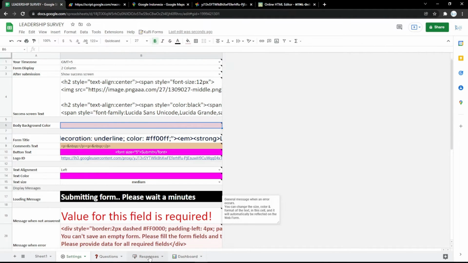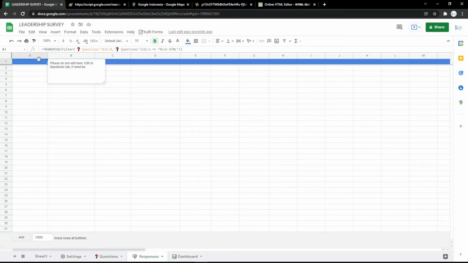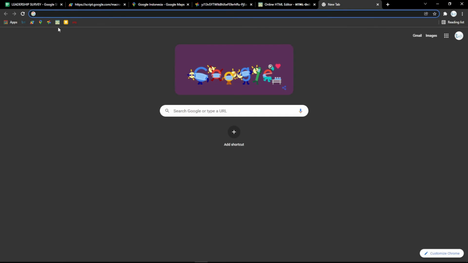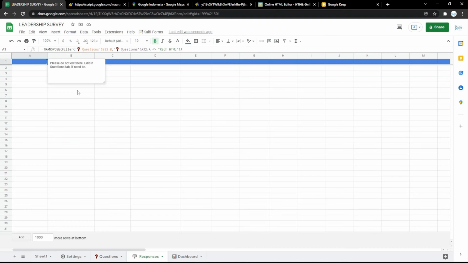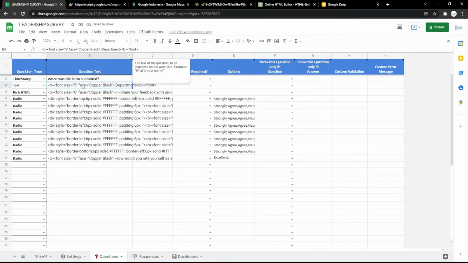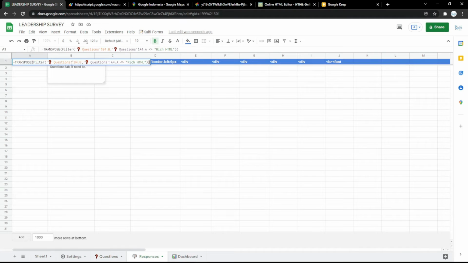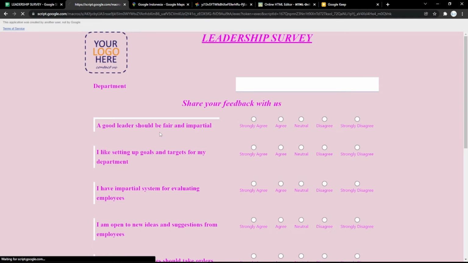Then for the next one, I want to go to responses tab to see the result of the answer from the audience. Like for example here I go to keepgoogle.com and then just copy it and put it here like this, for example. Don't forget to change it first. And then now you can also use the question like this,